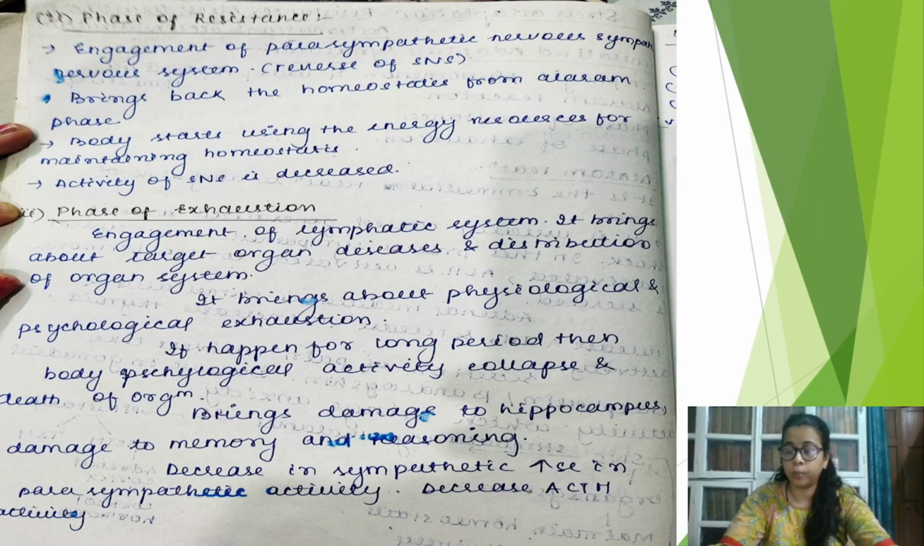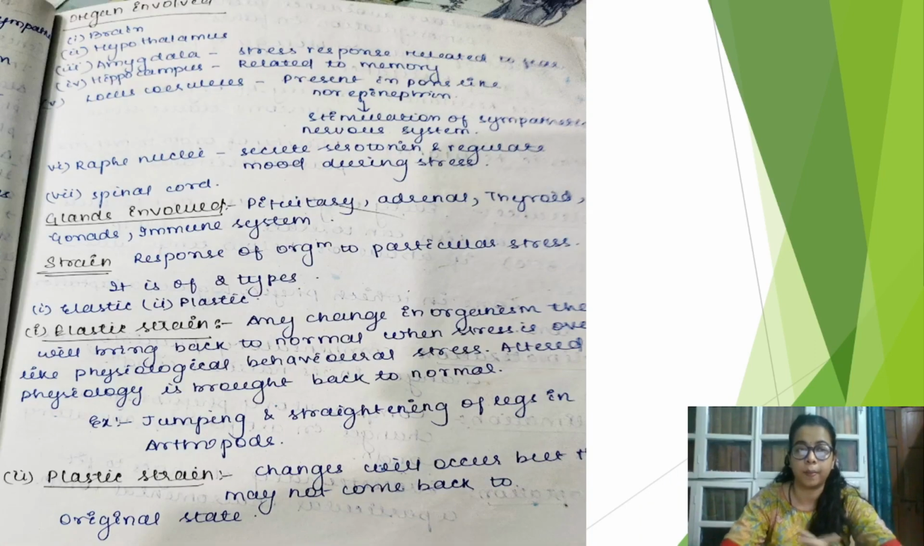Stress was taking place, sympathetic was coming into play, and then in the phase of resistance, parasympathetic was coming into play, and you were maintaining a balanced homeostasis. But if you are undergoing a condition of stress for a very long period of time, and you are keeping it untreated, you are not treating it, then all these things will take place, and finally